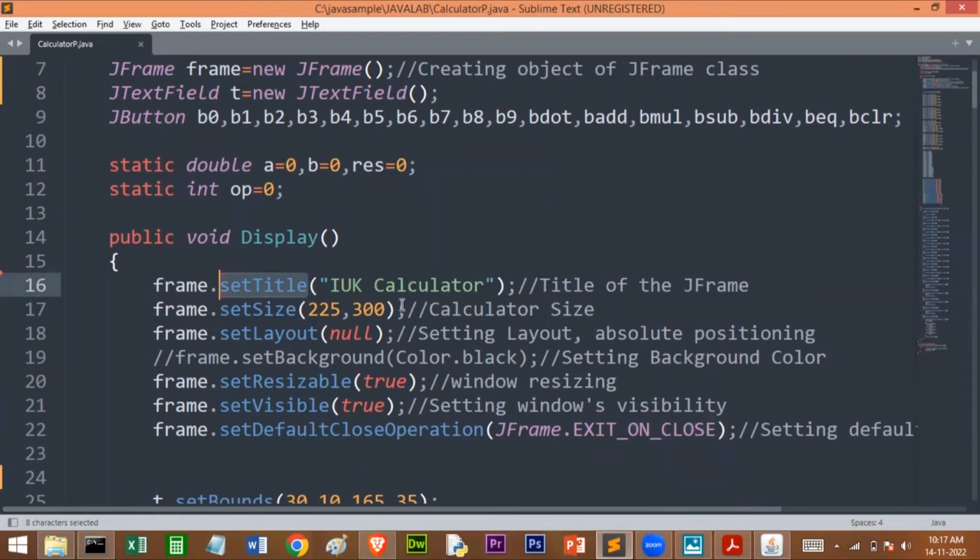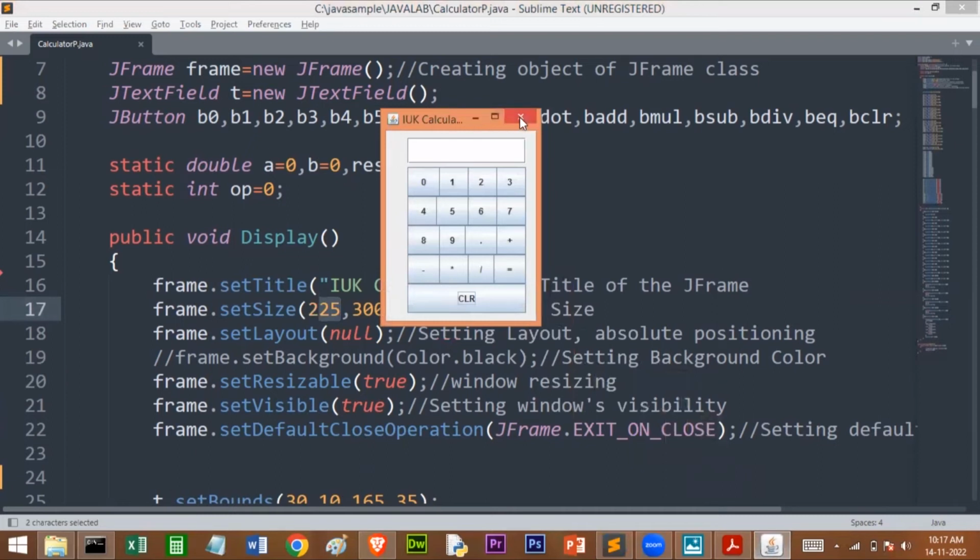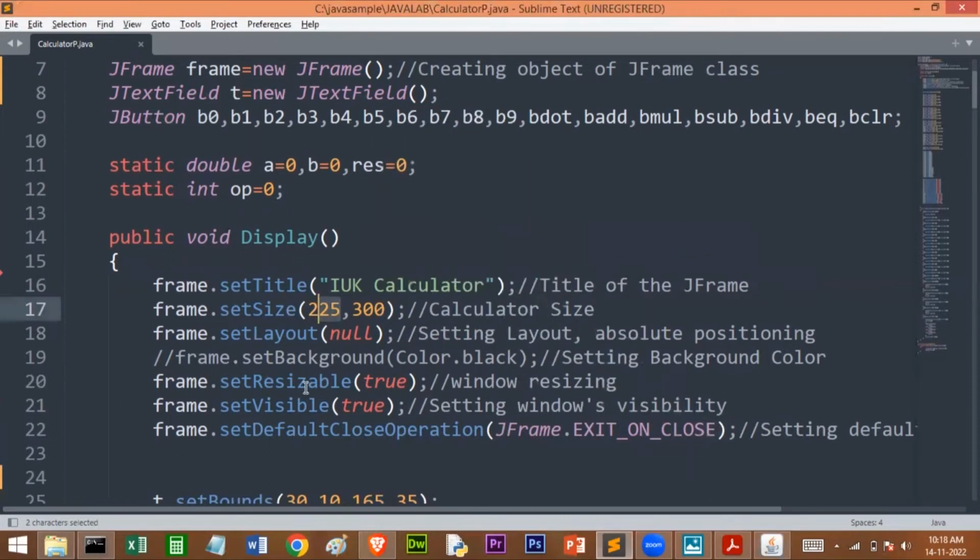And setSize, the calculator size, what is the size you want. Here I have taken 225 by 300. So here 225 is the width and 300 is the height. If you want, you can change it however you want, 500 by 500, 300 by 300. It depends on you what size of frame you want. And the next, setLayout, you have to give null, setting the layout for absolute